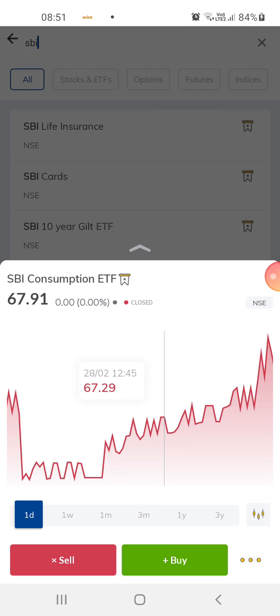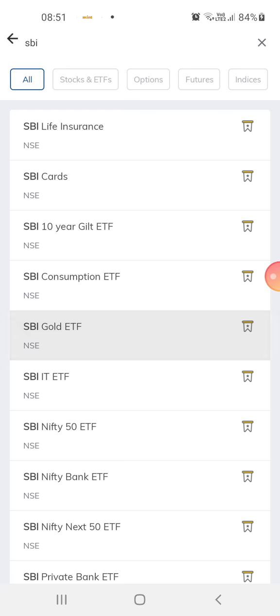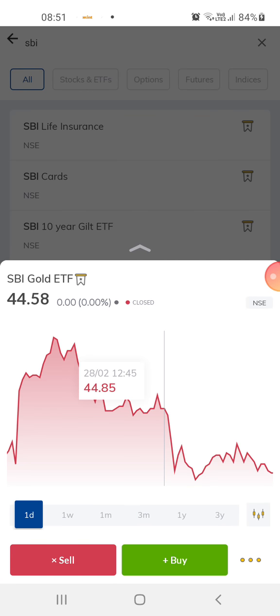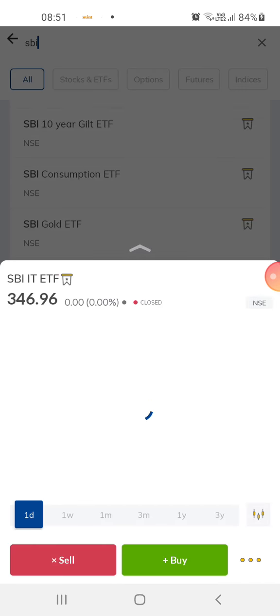Then you have the SBI consumption ETF. It is priced at about 68 rupees, and these are all listed ETFs. Then you have the SBI gold ETF. It is priced at about 45. You'll have to do a study on this based on which will work for you, which will not work for you, which you're happy with. And then you have the SBI IT ETF,